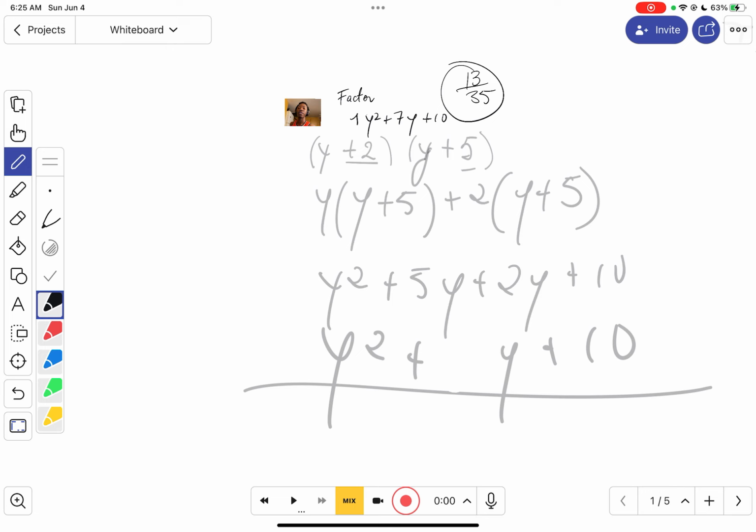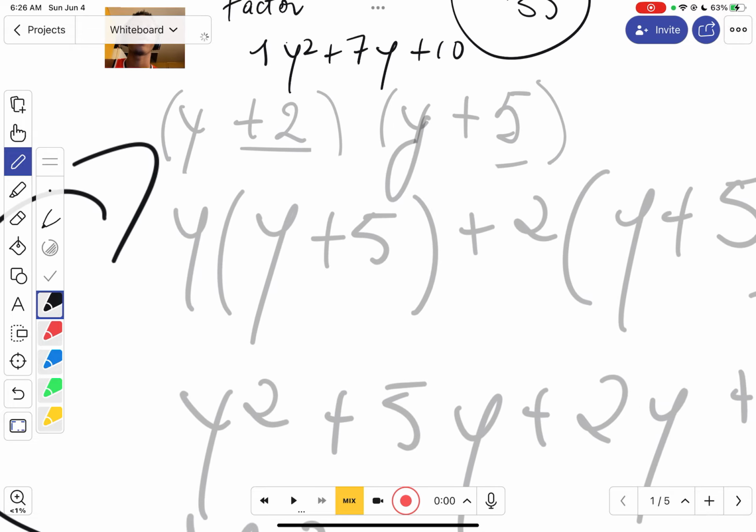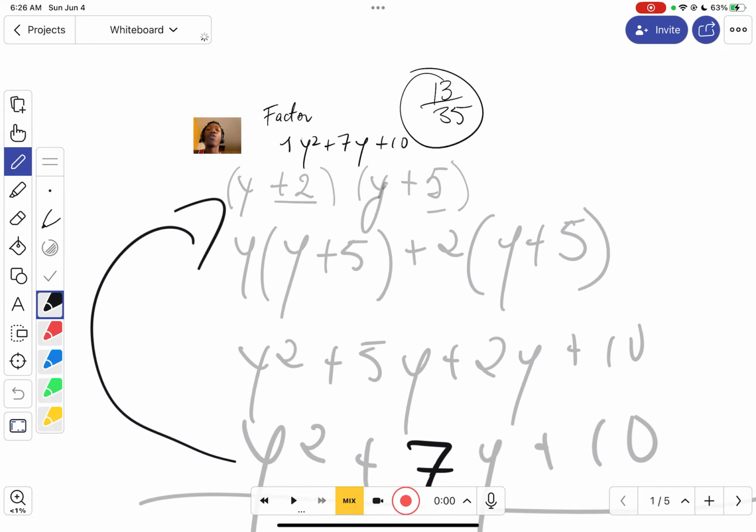So this is the equation that we started with, which is y squared plus 7y plus 10. And that's the factored form of the equation, the equation where everything has been factorized. In order to verify it, you can either distribute everything or expand the equation,